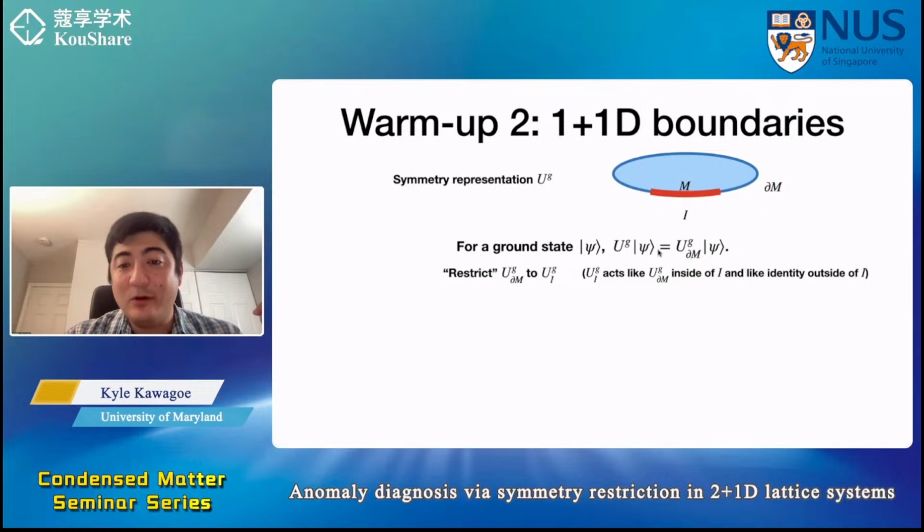We're going to, quote unquote, restrict this symmetry operator, UG boundary of M, to just an interval I on the boundary. What do I mean by that? If you're familiar with quantum circuits, you can think of this as a truncation of the circuit. But you can also just define it like this. UGI acts like, and you can formalize this operator algebraically, but let's just use our intuition, it acts like UG boundary of M just in